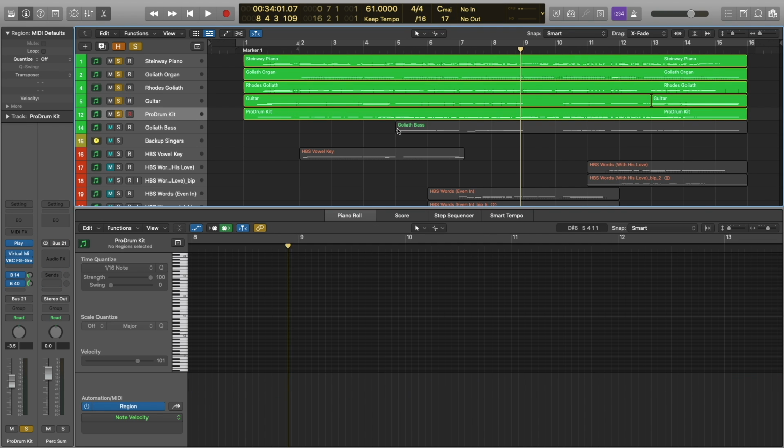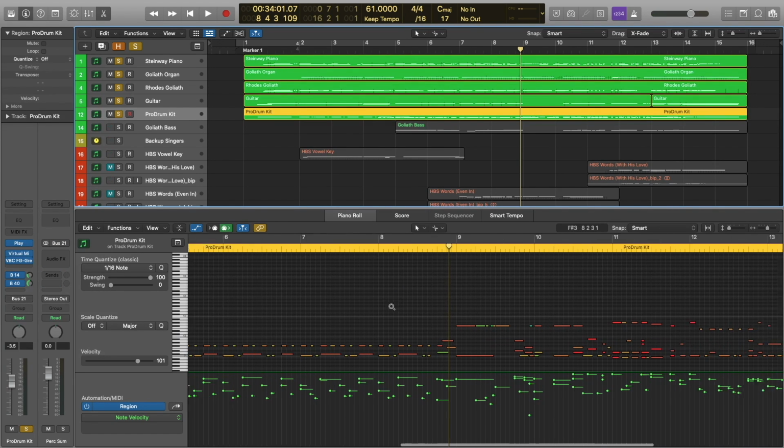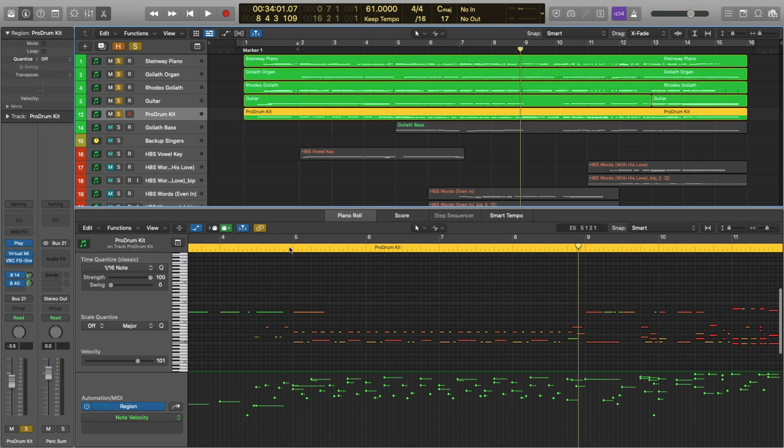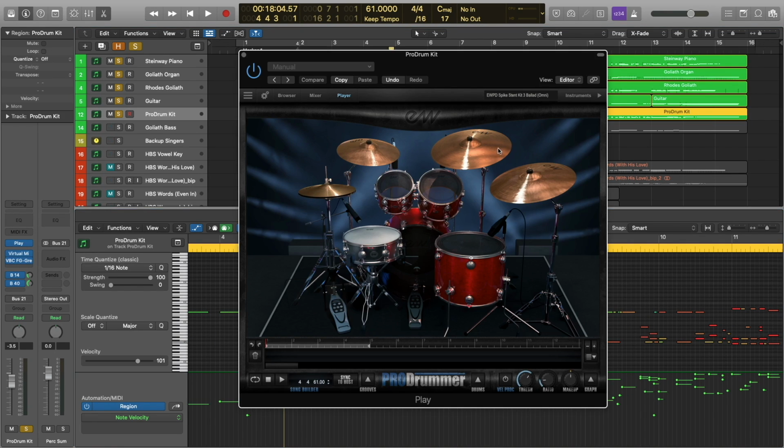Let's add the drum kit. This was all programmed by hand, so I'm not using any loops here. And I think I'm just using the kit as it loads. This is the Spike Stent Kit 3 from Pro Drummer.